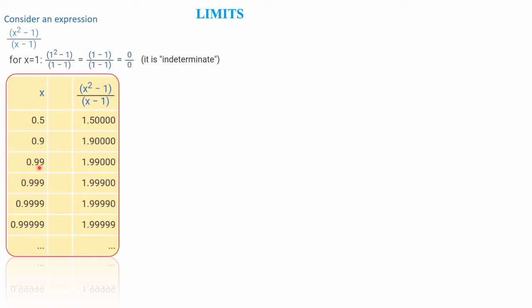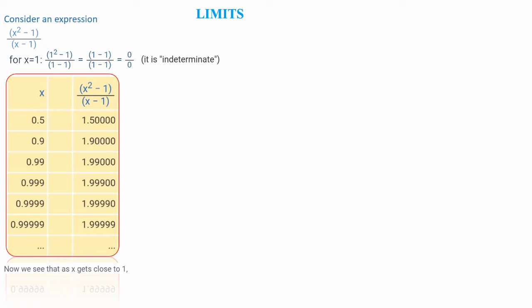0.99, that is very close to 1, we will get 1.99, and again 0.999, we will get the value as 1.999, and 0.9999 when we substitute, we will get 1.9999, and for 0.99999, we will get 1.99999. So here, now we see that as x gets closer to 1,